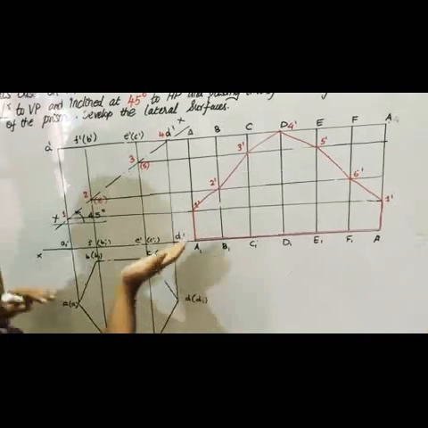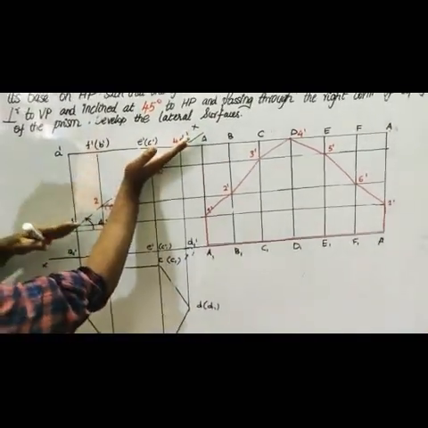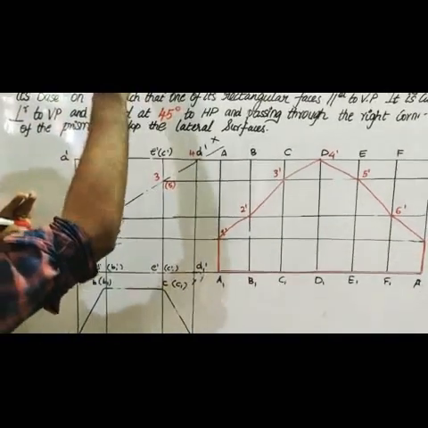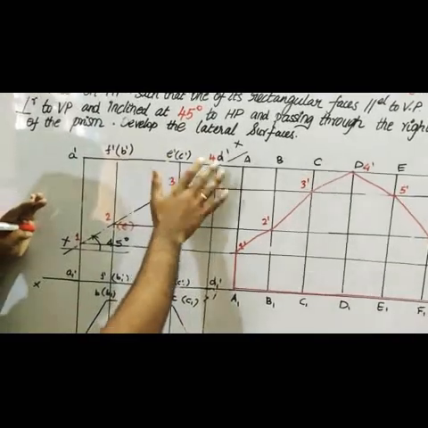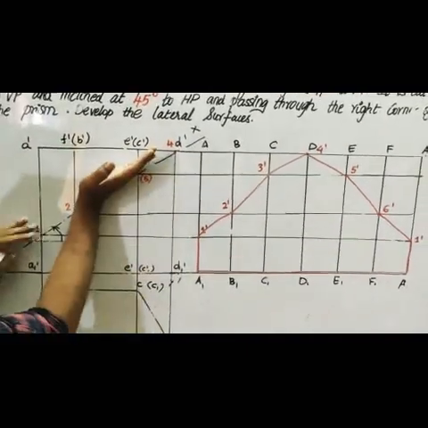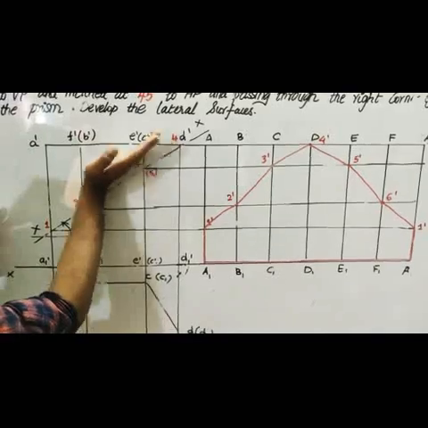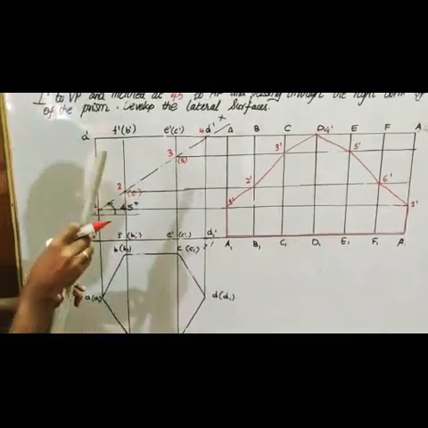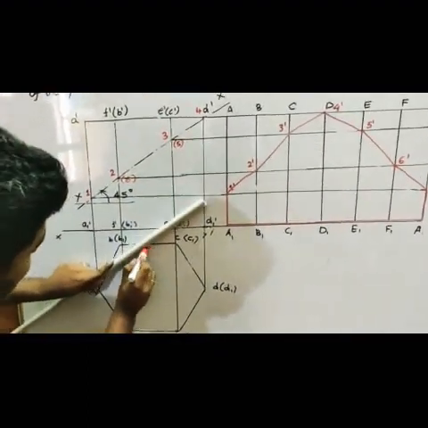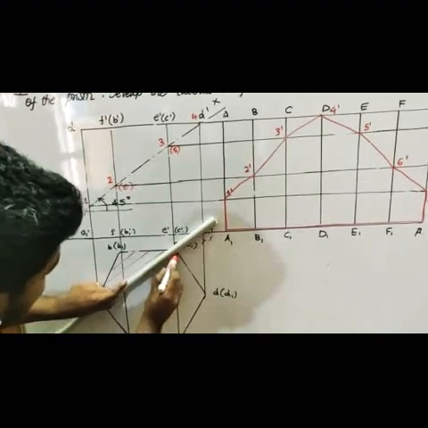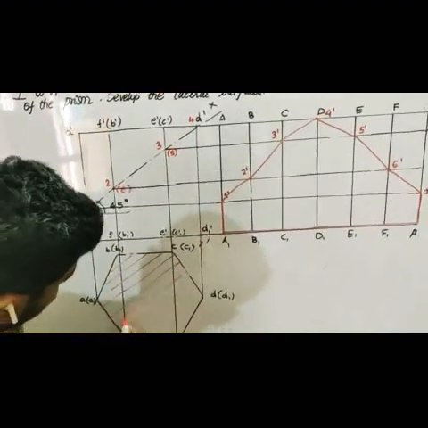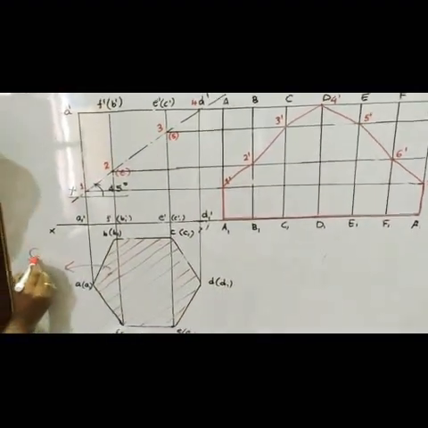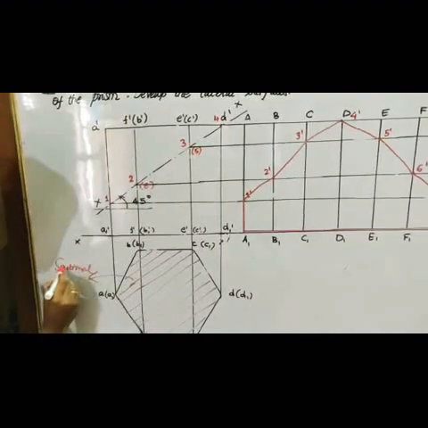One more thing: when you are cutting the object by this cut plane and removing the portion at the top like this, you have to view it from the top. When you are viewing from the top, you have to draw what you are able to see from the top. The removed portion will be sectioned. That portion should be shown in the top view, which can be shown by using hatch lines. So this is called sectional top view.